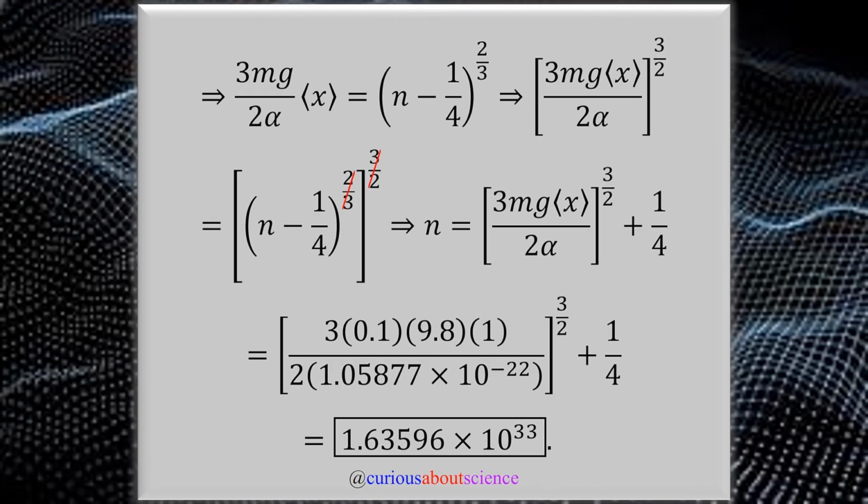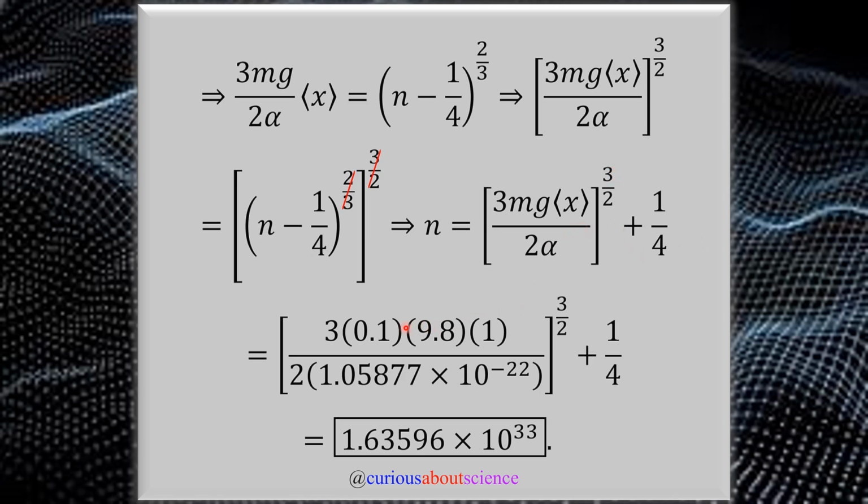So naturally, we have to push all those constants over. So divide by a fraction or multiply by the reciprocal, you get the same thing. So 3 mg up top, you get 2 alpha below. Now, in order to uncover this n, we have to raise everything to the 3/2 power on both sides so that we get a cancel of powers on the n term. And then from there, we just add this 1/4 over. So what we're given is n equals this bracket to the 3/2 power plus 1/4,